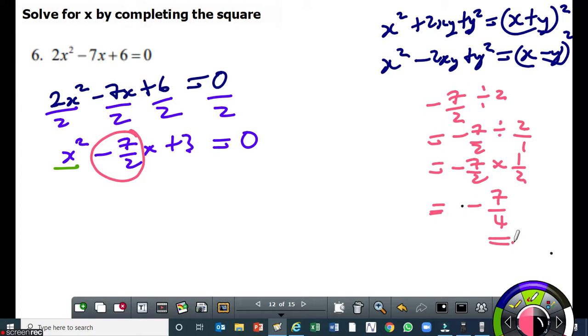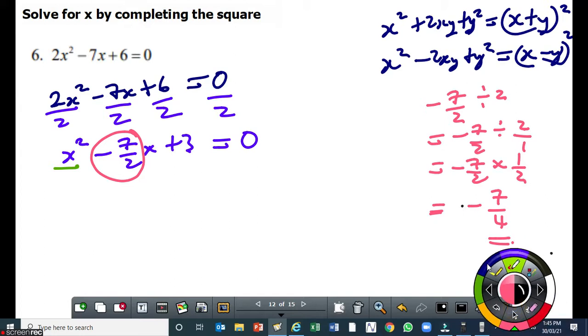Once you get half of the coefficient of x, you then need to add the square of it and also subtract the square of it. Don't stress, it's not that difficult. Before I carry on, let me take this positive 3 to the right so that I'll have x squared minus 7 over 2 x is equal to 3, because that 3 won't be part of my perfect square trinomial. Then the next thing is, I found half of the coefficient of x and it's minus 7 over 4. So I'm going to add